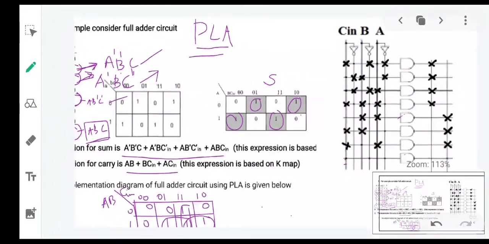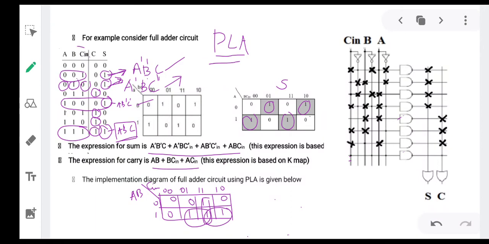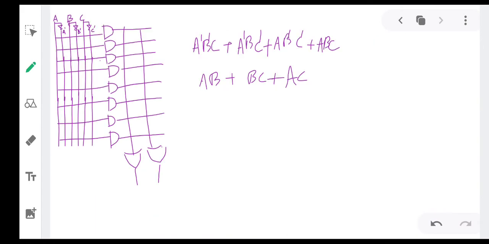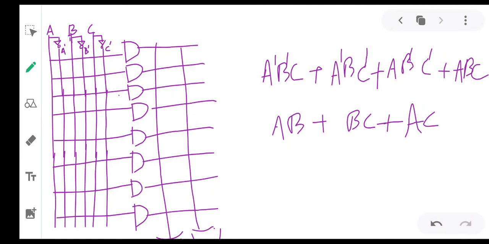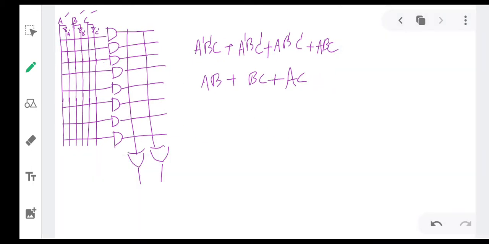Now I'll draw the functions. The inputs I have are A, B and C, right? So I'll draw A, B, C. Then obviously I will have A bar, B bar, C bar also. Then I will draw this line. Consider 4 product terms, though any number you can treat; I am just considering 4 product terms here for the first function.